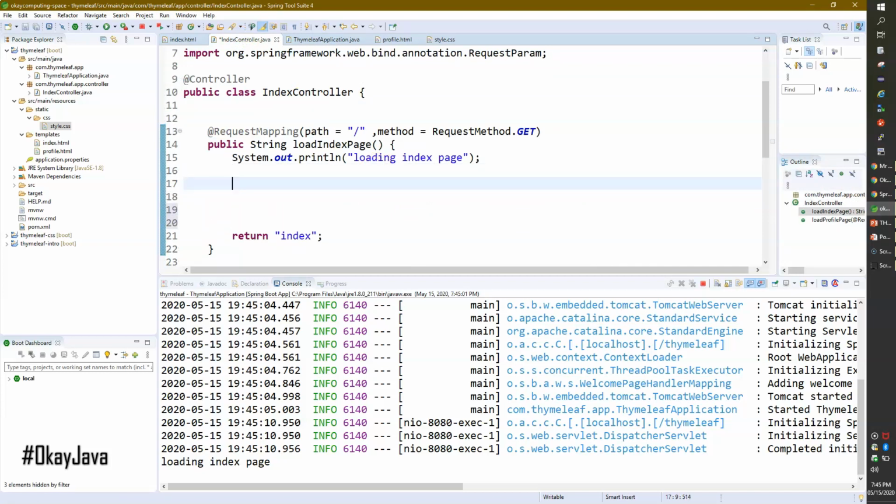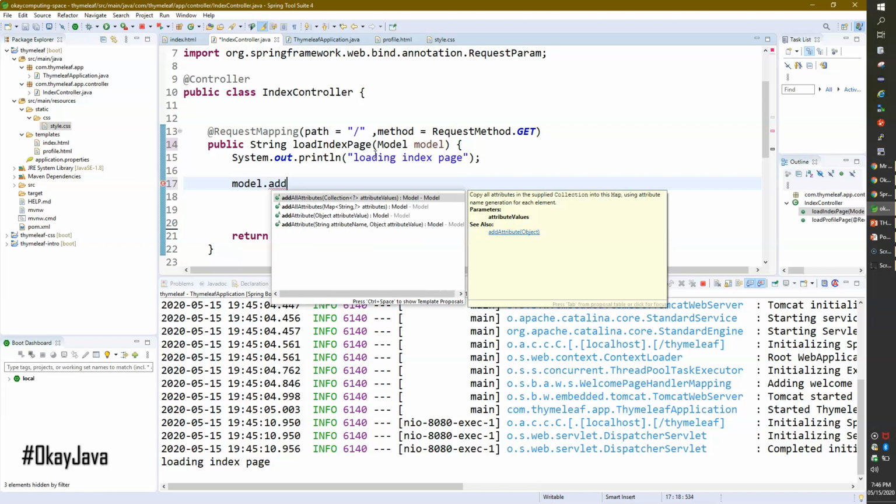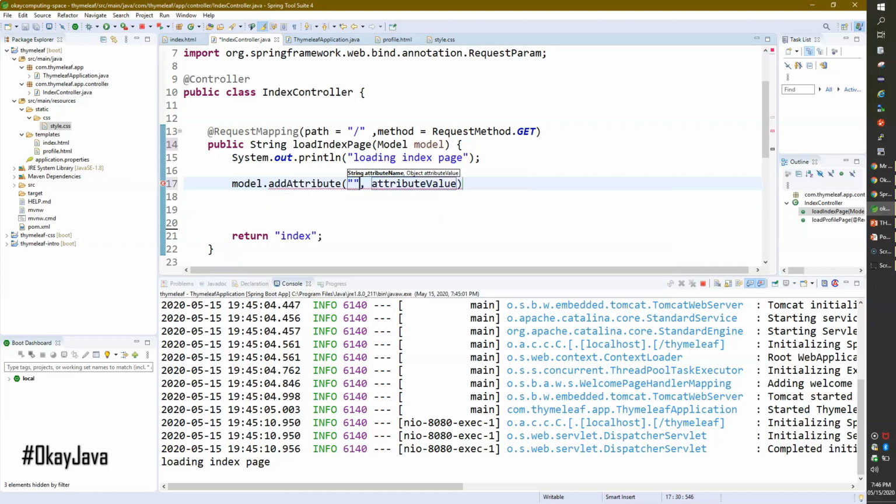As you know, in Spring, Spring Boot and Spring MVC, we have something called Model, and we need it whenever we need to deal with data. If you want to pass some data from the screen or to the screen, you always need the model. Here I'm going to set some attributes using model.addAttribute, and you can pass whatever you want.